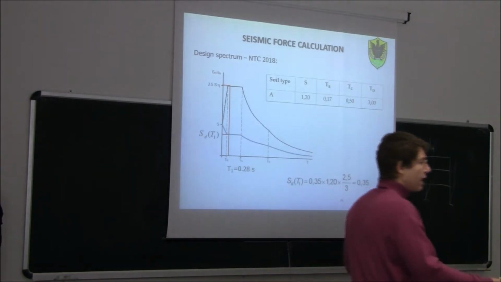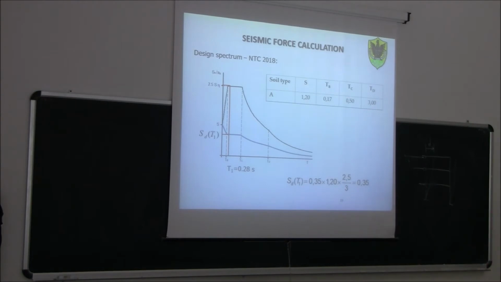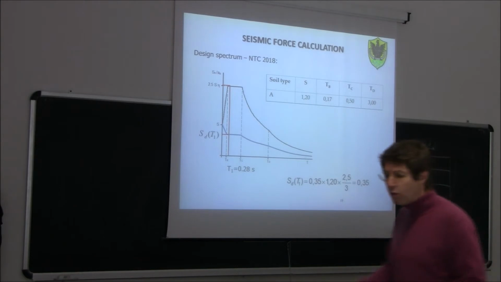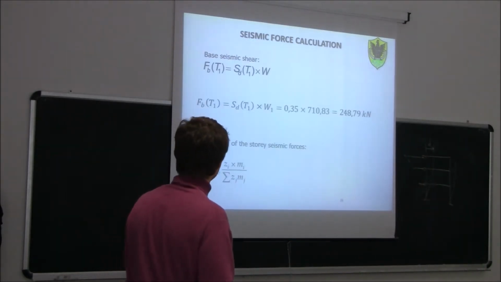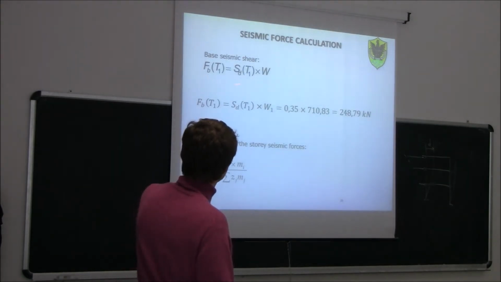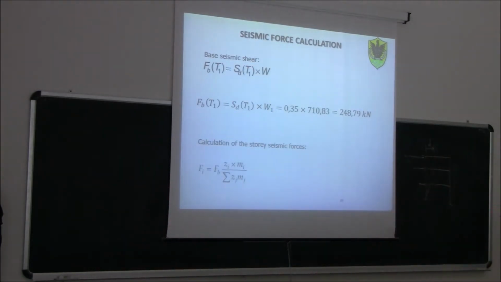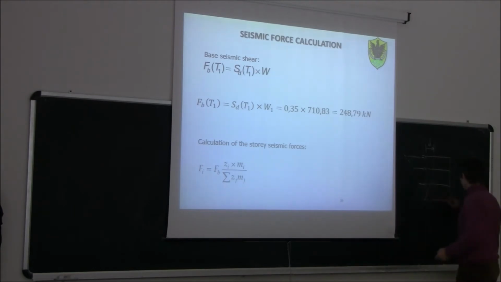Obviously, we will now design the dissipative part of the structure using these reduced seismic forces, but then we need to use capacity-based design to carry out the design of the brittle part of the structure. So the brittle part of the structure will be designed not by this force, but by the overstrength of the dissipative components. So, base seismic shear: now we calculate what we call the base seismic shear, this value,